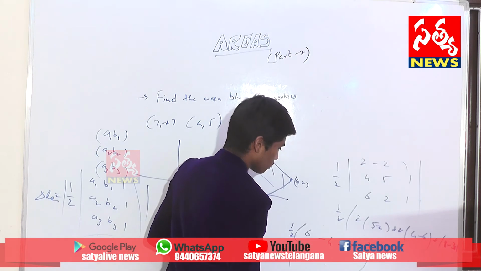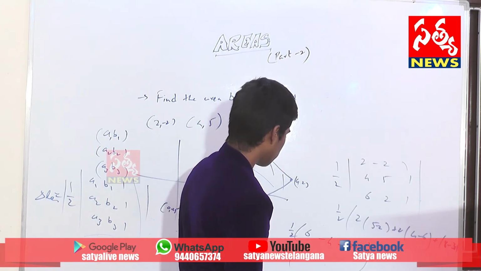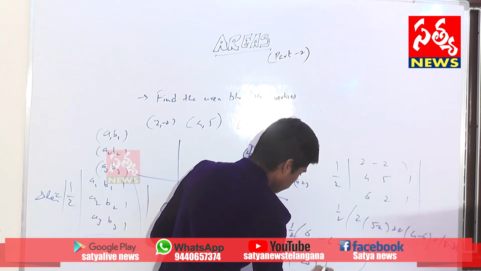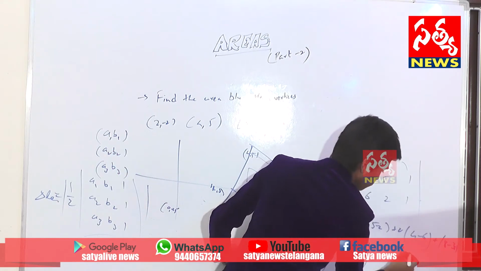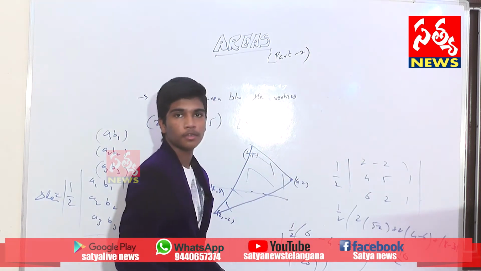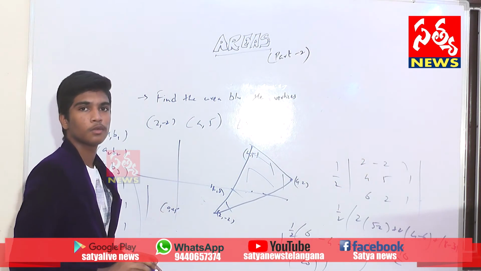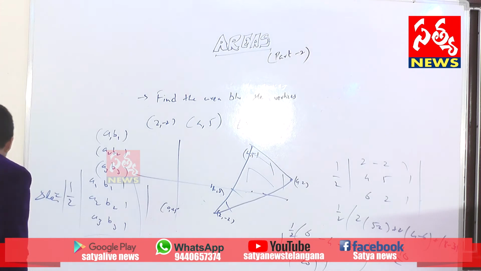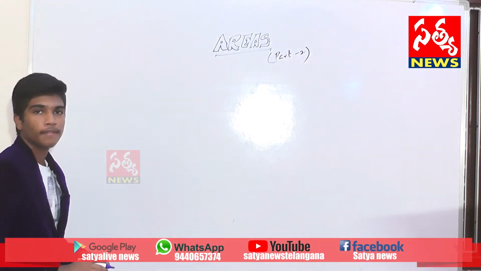Half of, what do we get? 22 plus 4 minus 6 is minus 20, and the final answer is 10. See, half of 20 is 10 and our final answer is 10. Hope you got it. And the next problem is